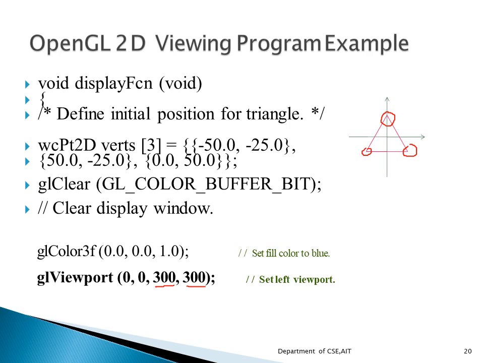If that has to happen, the concerning statements should be present in the display function. So I am going to make use of GL clear, GL color buffer bit. When I use this API, then I am going to clear my display window. That means I am wiping off whatever was there in the previous output, that will be cleaned. That is given by the GL clear, the GL color buffer bit.